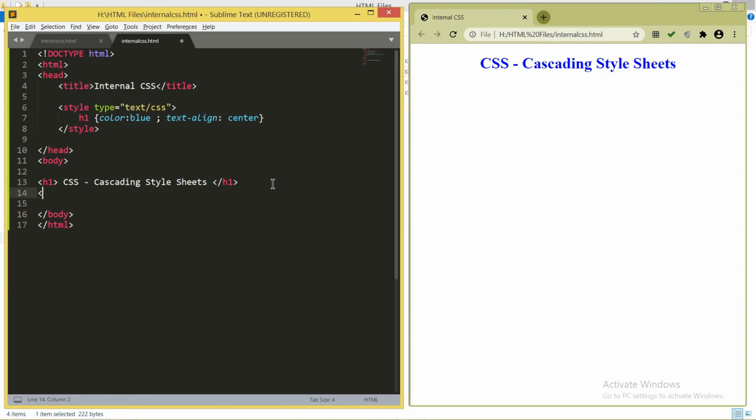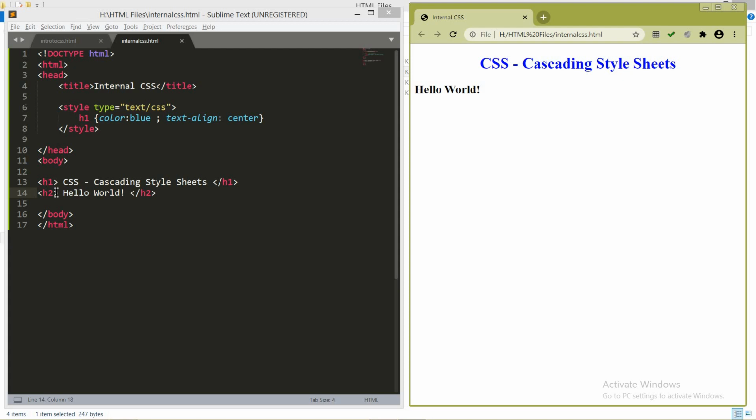Now see, if I put one more tag, an h2 tag, close the h2 tag, and within the h2 tag I would like the text hello world. Okay, this is the text I want to give, and just save it. Now you can see it's just ordinary text. This is the HTML output.